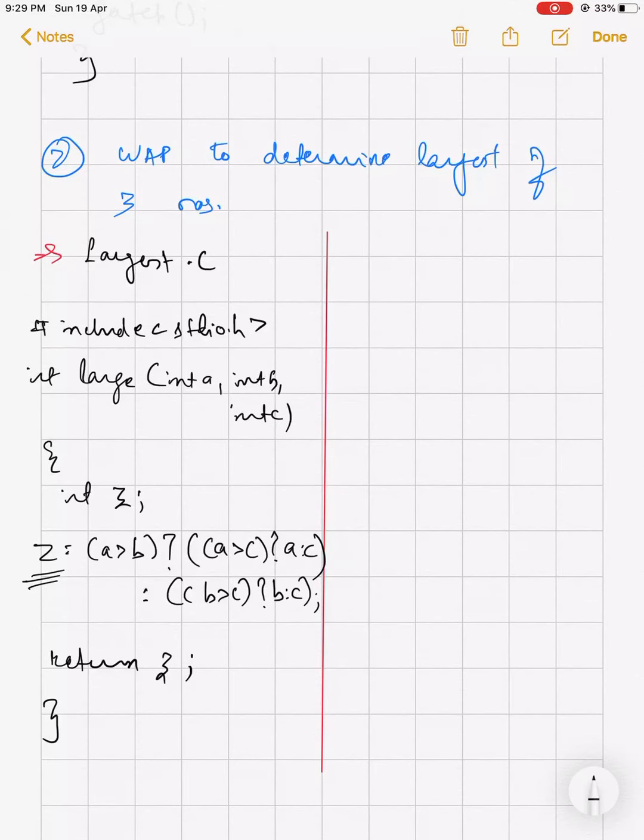You can write it as a #define macro: #define z of x, large of x as this particular complete term. Then also you will get the answer. I'm just making you understand the file inclusion process. Then I'm coming back to the main program. In the main program, what I'm trying to do,